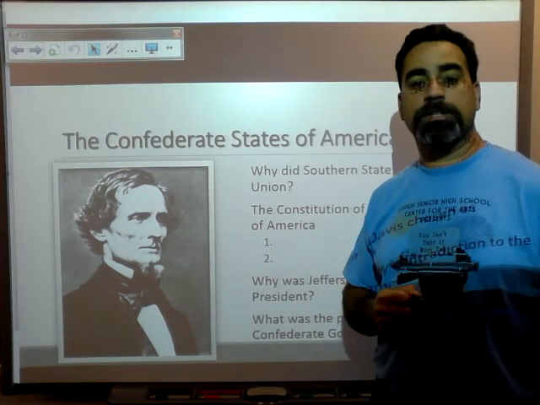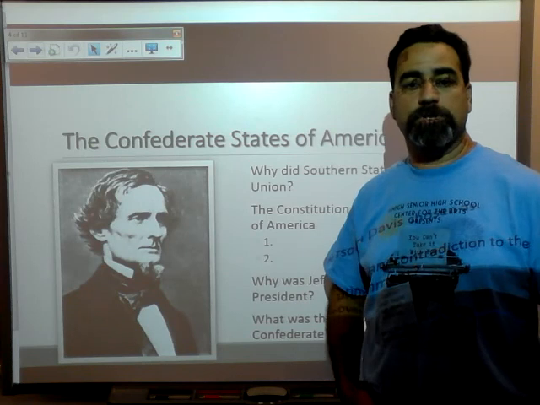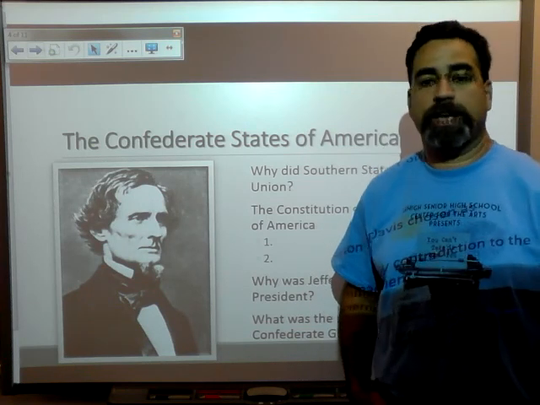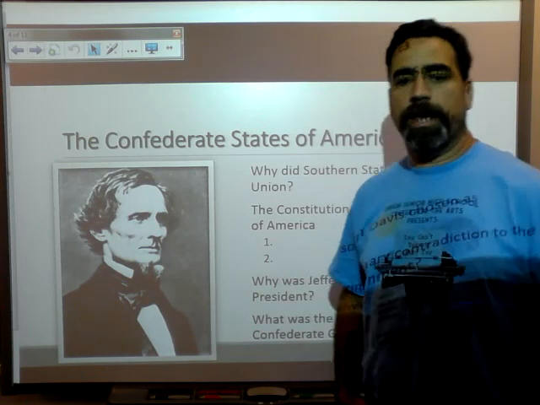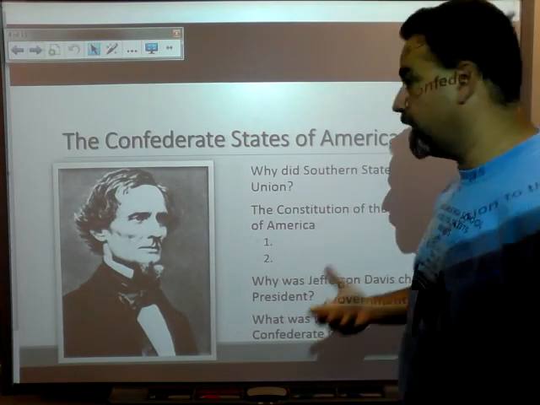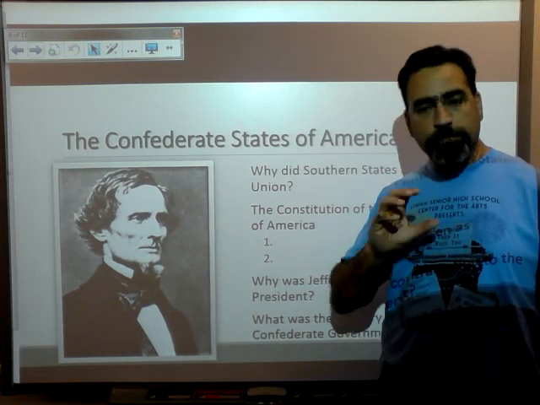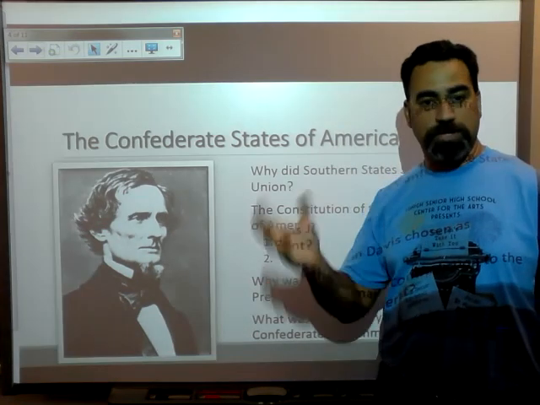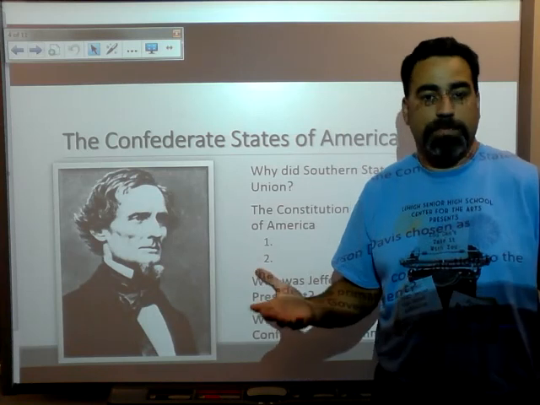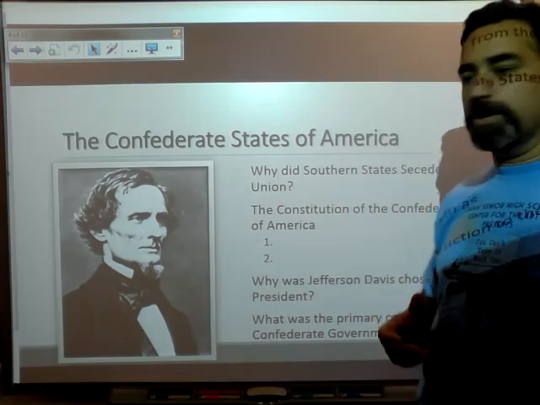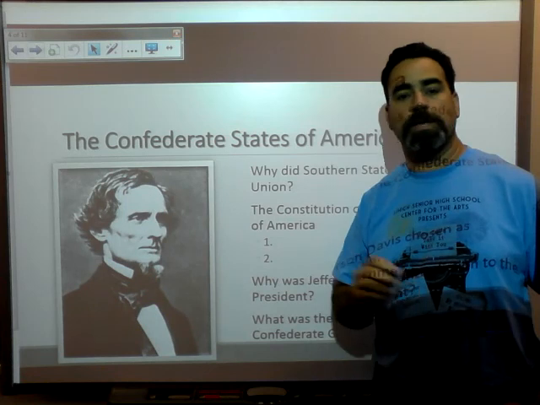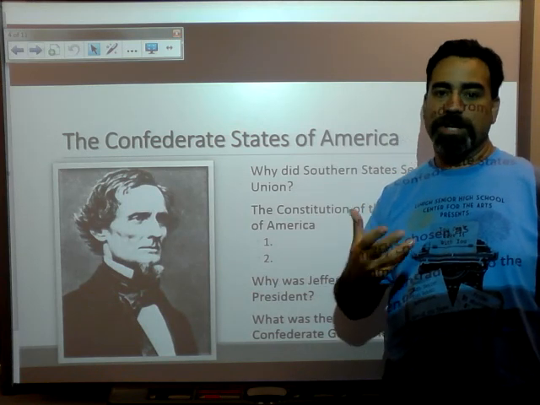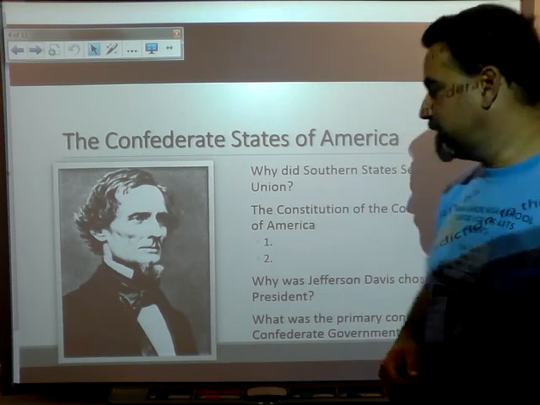They formed a government relatively quickly. They wrote a constitution. It wasn't really difficult for them to write the Constitution. It looked pretty much exactly like the United States Constitution, except it had provisions in there, first, emphasizing states' rights and the rights of states to nullify and to secede from the Union. Clearly, they believe that's true. But also, in this Constitution, they make it nearly impossible for them to end slavery, which is very, very telling.